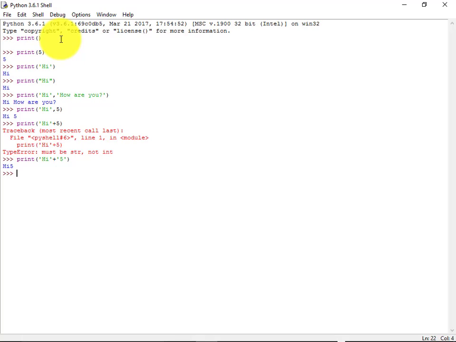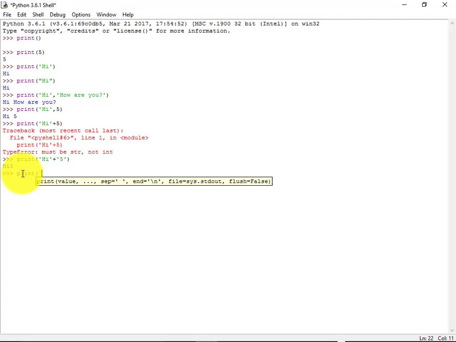The difference between the above hi 5, which is this one, and this one is that in the previous one a single space was automatically added, but here it doesn't add the single space. If you want this output to come with a single space, you can specify a single space after hi. So it's like print hi, single space,